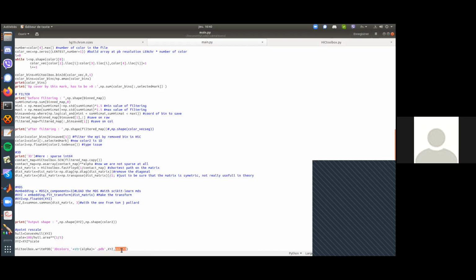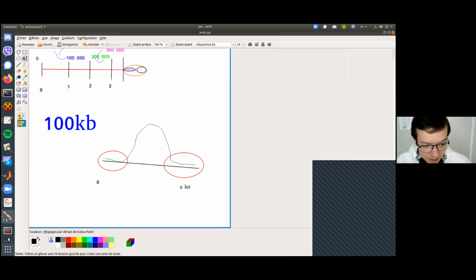So for B factors, right? The B factor column. Oh yeah. I put my information in the beta factor column of the PDB, and after I just color my 3D structure by this beta value. Exactly. You can color by compartment or add any information that you want, and say, okay, with this specific value of beta, I can highlight something. So, as an example,